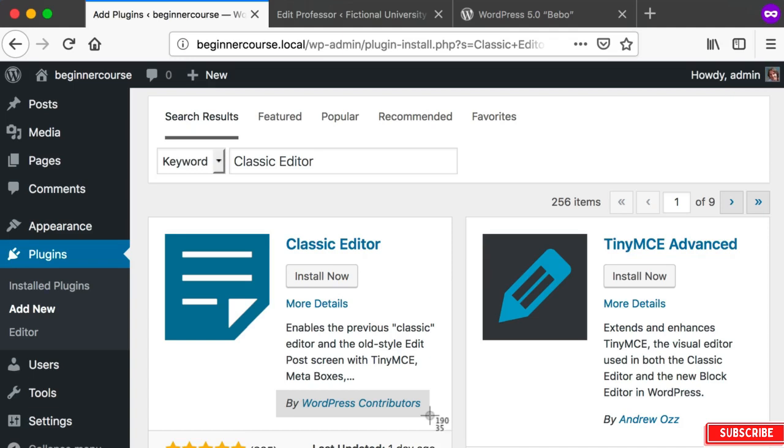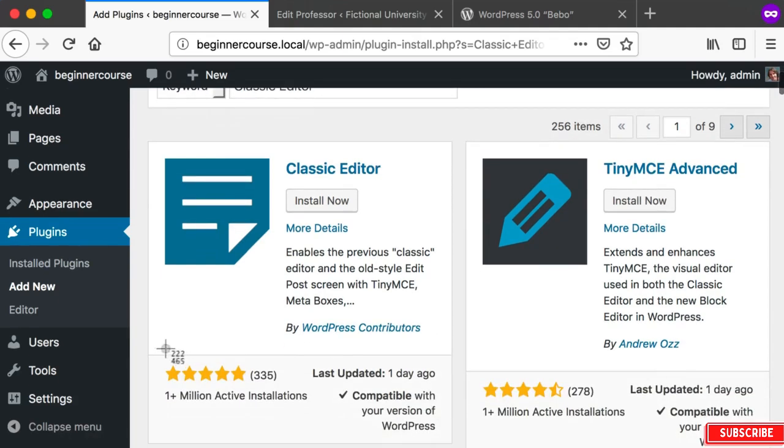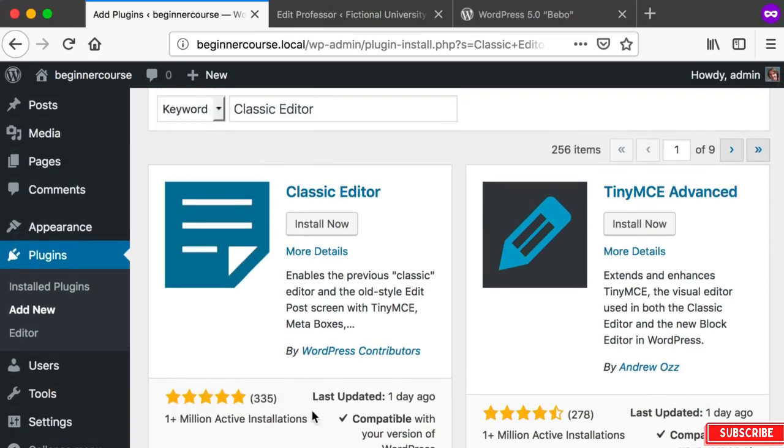That's why it says WordPress contributors right here, and it has a perfect 5-star rating and over 1 million installations already. So this is what I was talking about when I said that the new editor is very controversial. There are millions of people who prefer this classic editor. So I just want you to know that you can't go wrong either way. If you want to use the new modern editor, I think that's great. It's definitely the way forward. It's the future of WordPress, and if you want to use the classic editor,